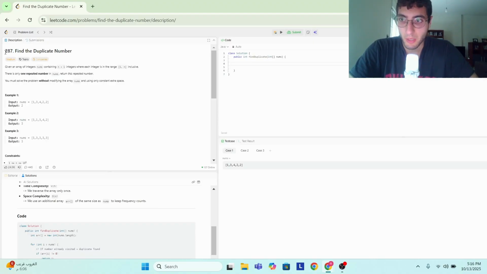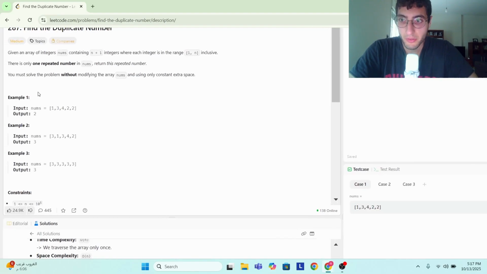And what makes this problem a medium problem is the fact that we must solve it without modifying the array and using only constant extra space. So in other words, we cannot sort the array, we cannot rearrange the elements within the array. We cannot mark any element in the array to note that we have seen this element already, for example. And constant extra space means we can't use any data structures like lists or maps or sets